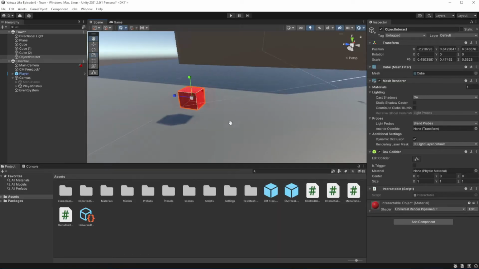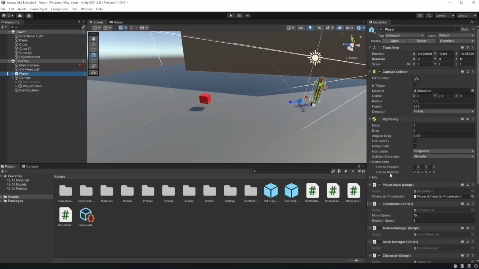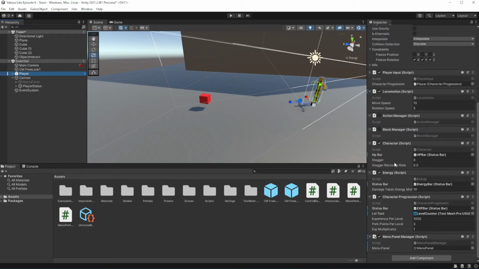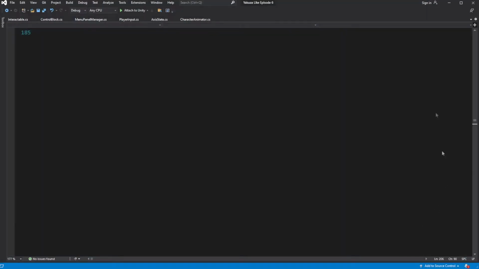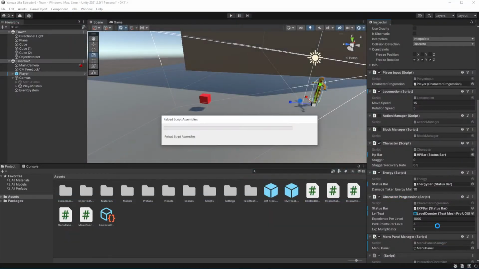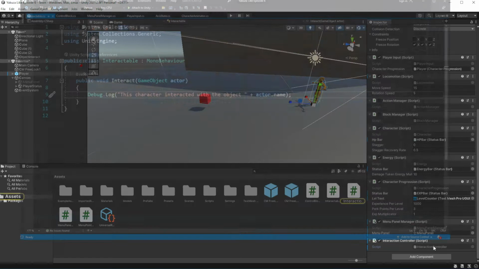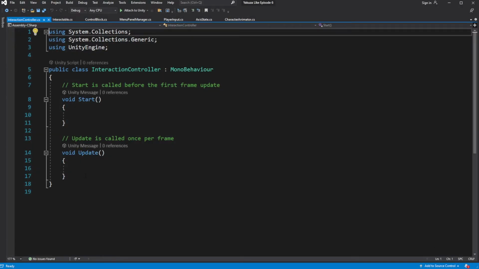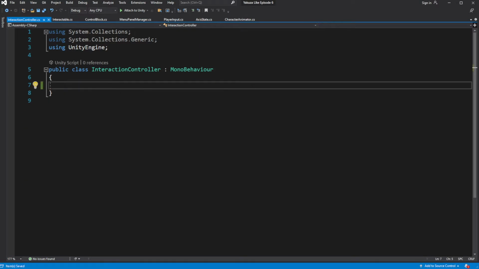Good. Now we need a way to call the interact from the character. Select the character and create a new script called interaction controller. Inside the script, we will describe the process of detecting and interacting with the interactable object on the scene.